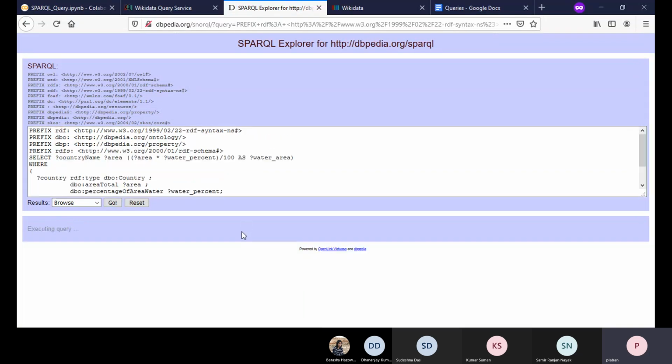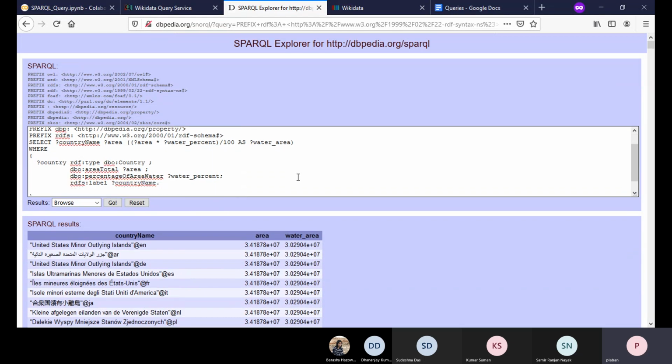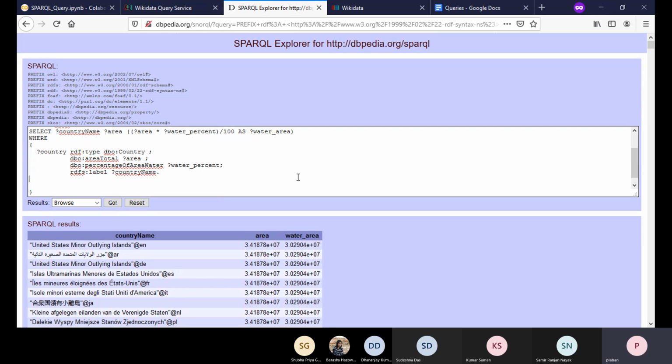Now if we execute this, we have the country names, right? You can see that we have got country names in different other languages, so you can use a filter, right? So you can use a filter here, just say filter, then you say lang.